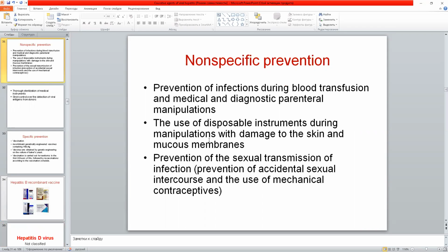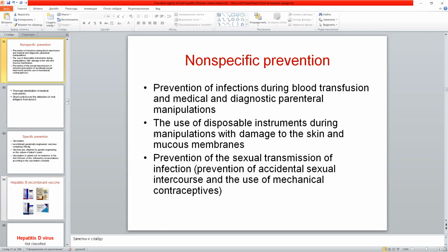Non-specific prevention of infection during blood transfusion and medical and diagnostic parenteral manipulations. In medicine, there are many disposable items made of plastic, like plastic syringes, plastic catheters, and so on, and prevention of the sexual transmission of infection, and the prevention of accidental sexual intercourse and the use of mechanical contraceptives,